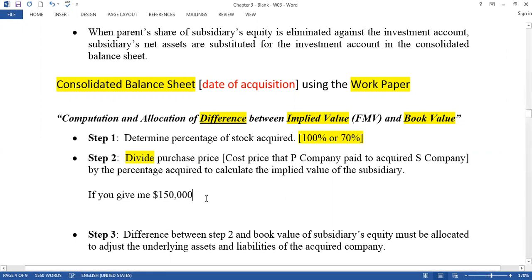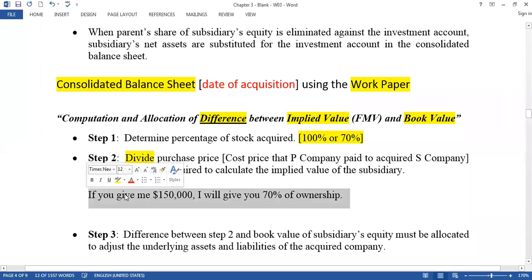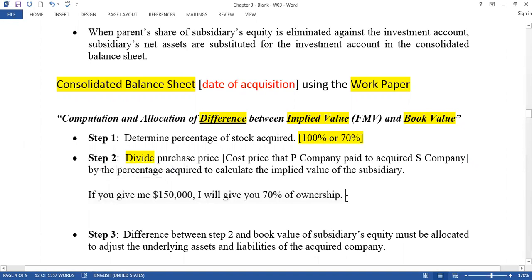If you give me $100,000, I will give you, for example, 70% of ownership. If you give me $150,000, I will give you 70% of the ownership. So if this is the case, based on this information, you have to calculate what is